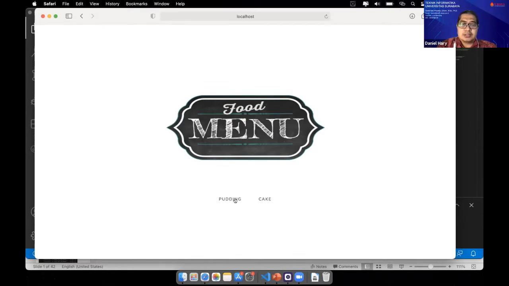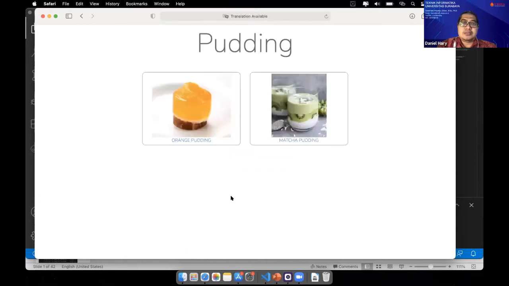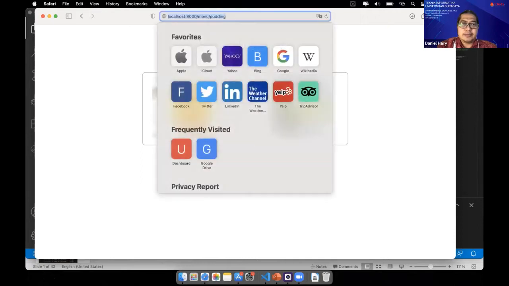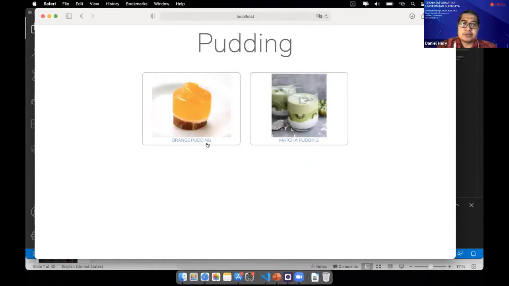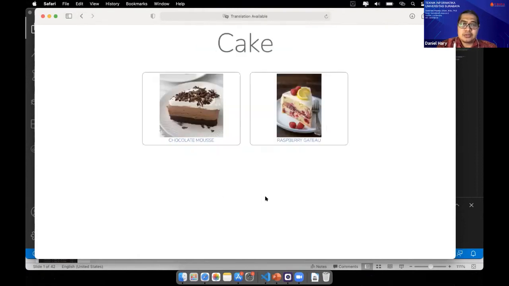I think it's for pudding. Yes, it's pudding. There are 2 products for the category of pudding, and then cake also has 2. There are coconut mousse and raspberry kaju.